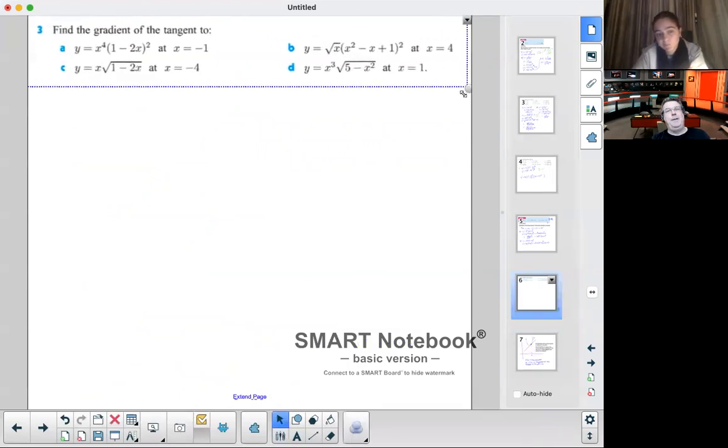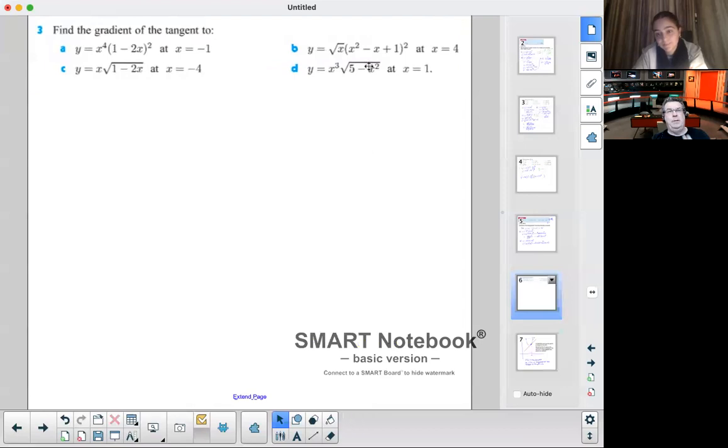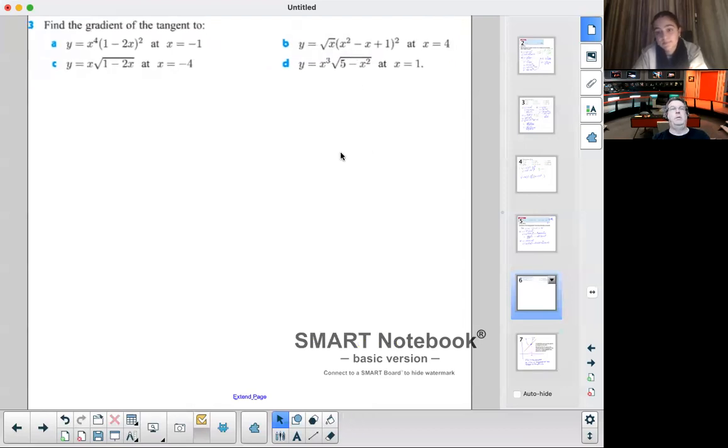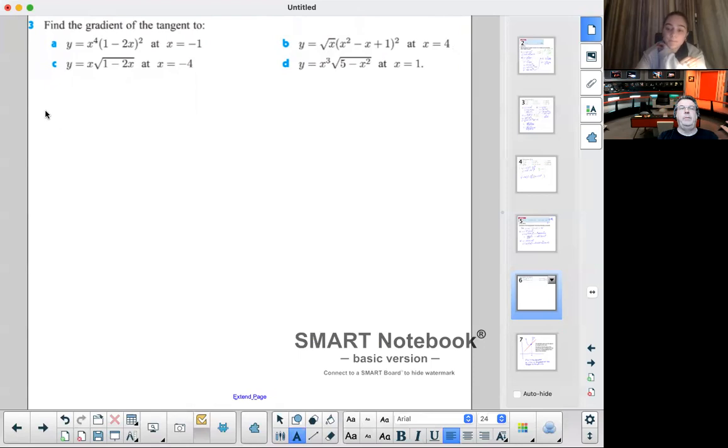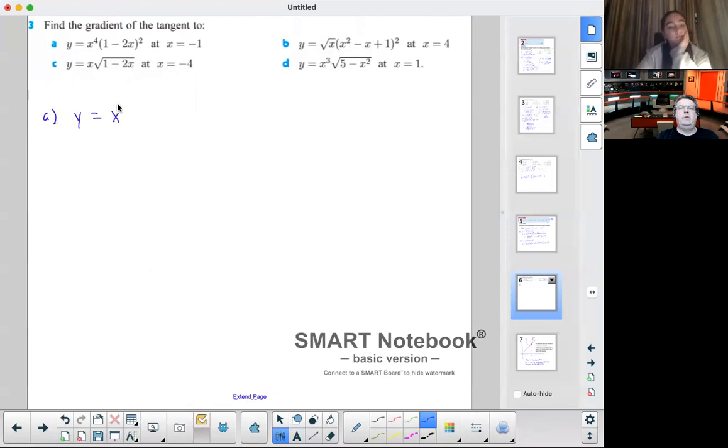I'm going to show you graphically because I think it's important for you to have the whole picture. We're going to find the gradient of the tangent to this function when x equals -1. So y equals x to the 4th times 1 minus 2x squared. The derivative would be what? 4x to the 3rd